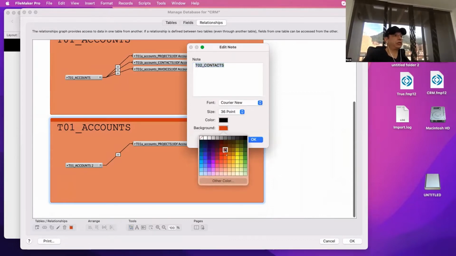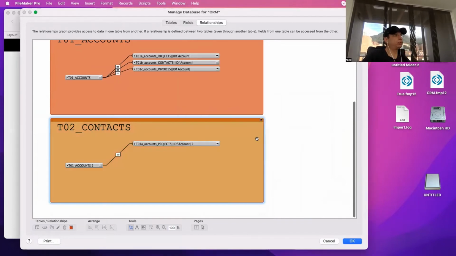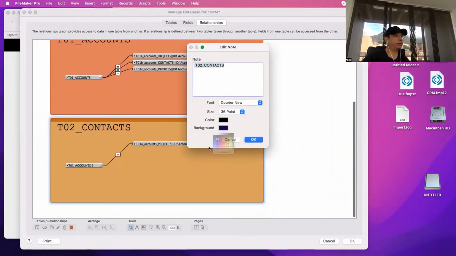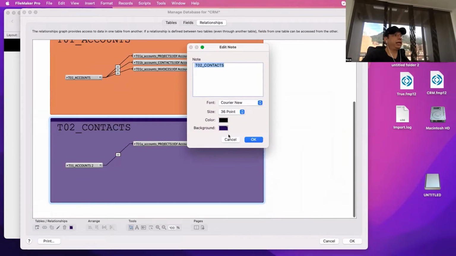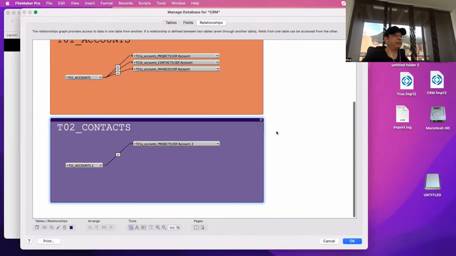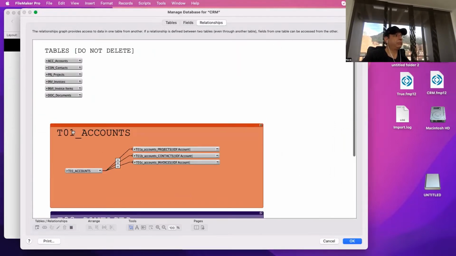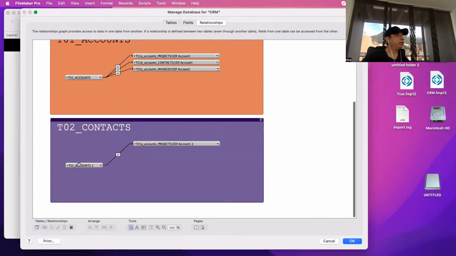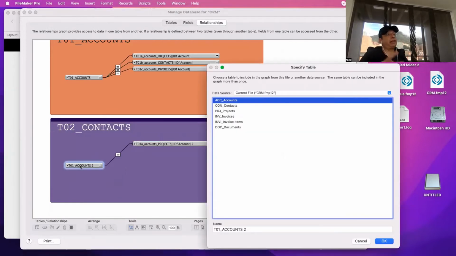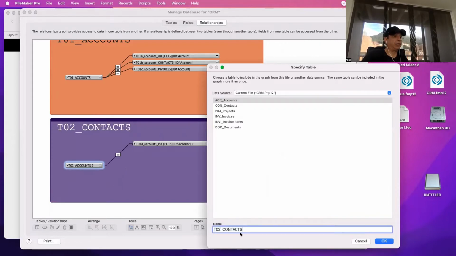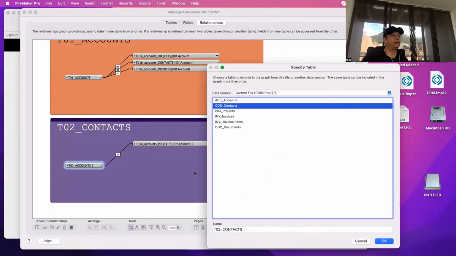I'm changing the color to have a differentiation. Let's put a different color. And I can even do this. Sometimes I'm doing this, right? See, black here, white here. And I'm saying, okay, this anchor is no longer accounts, it's contacts, and it's going to contact. You see,